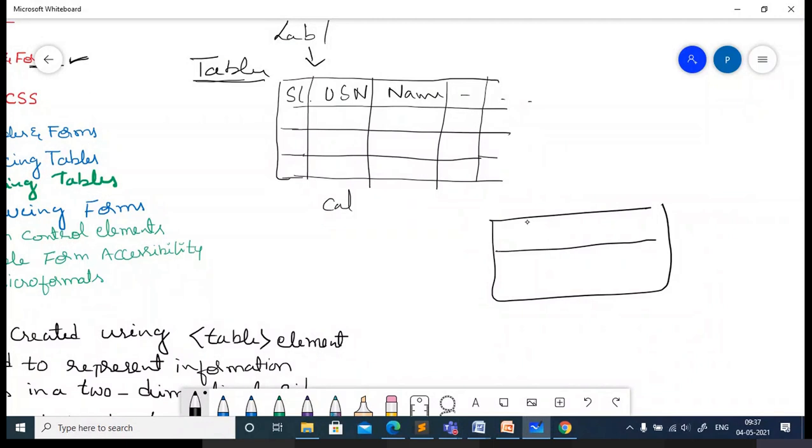Something like this. You can see here I have column spanning and also row spanning. Accordingly you should be able to write the code. This is like a normal question. Every time they will give the table structure, and accordingly you need to write the code. Here I have used the column span, and here this is row span and this is column span. Don't get confused. Whenever two columns are getting merged, we call it column span. You need to set it using this attribute. And here two rows are merging, so this is called row span.